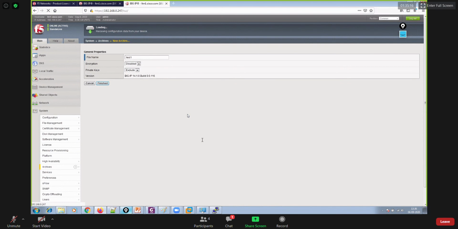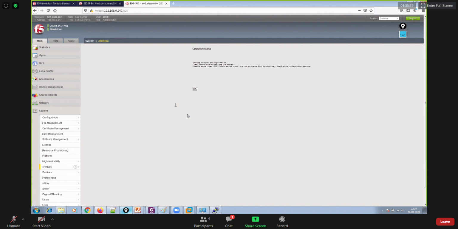The backup will be taken in the format of a UCS file. UCS stands for user configuration set, or something like that, as I'm not 100% sure. But you can take backup in the format of UCS, and this file has been saved at this location.